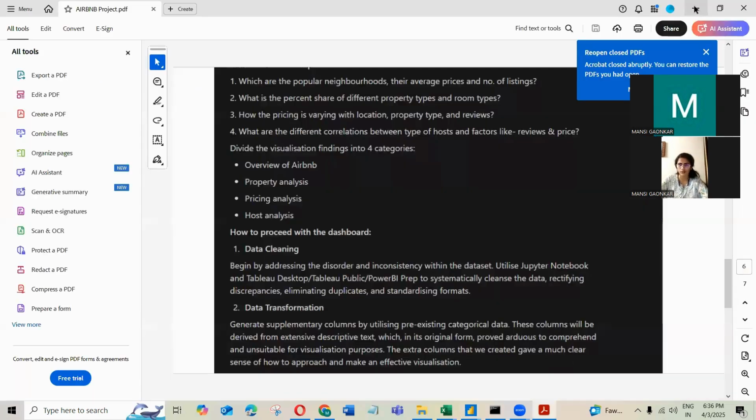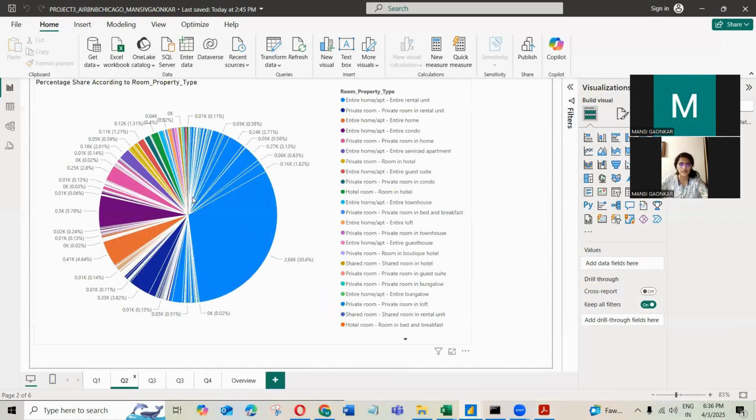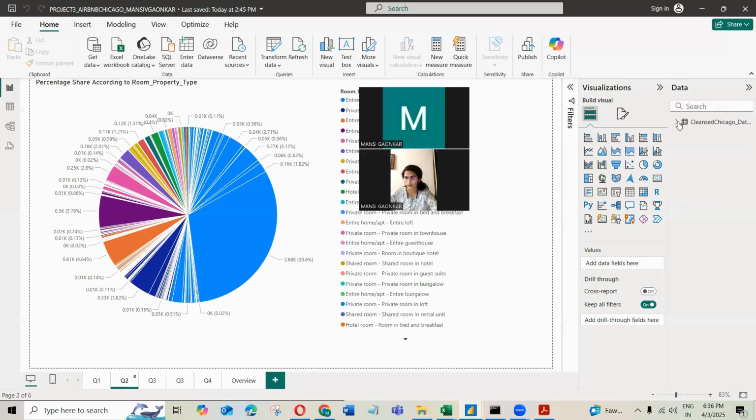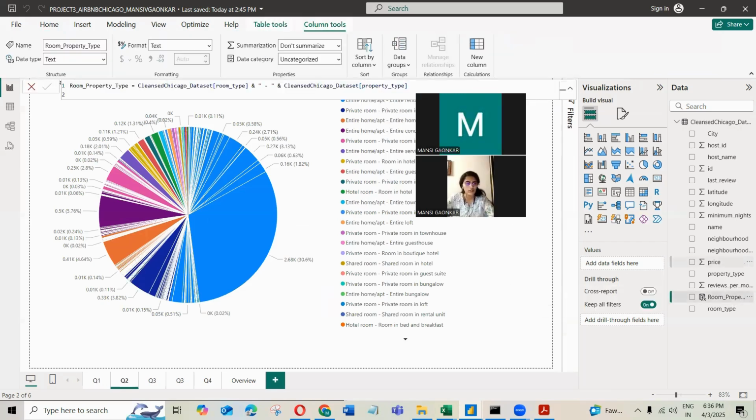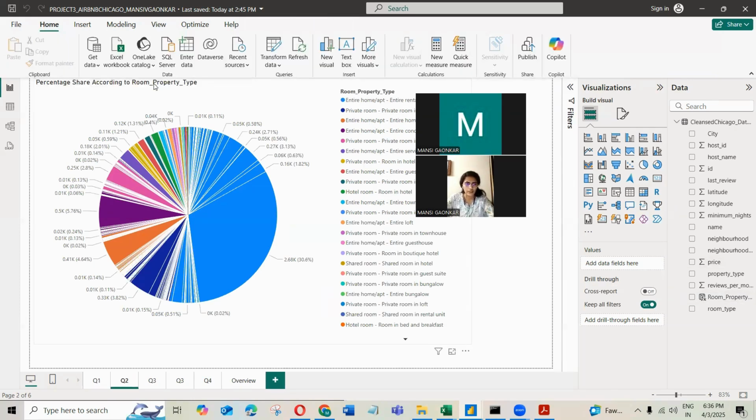Now comes question 2, which asks what is the percent share of the different property types and the room types. For this specific question, I have created a new column in this data using Power BI, in the form of room property type. So using this command, room property type equals the name of the